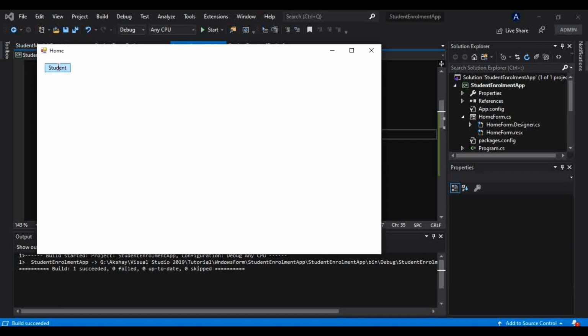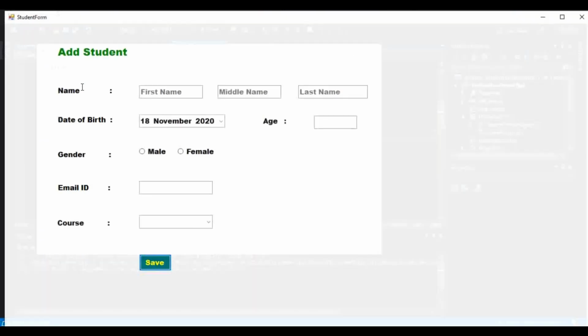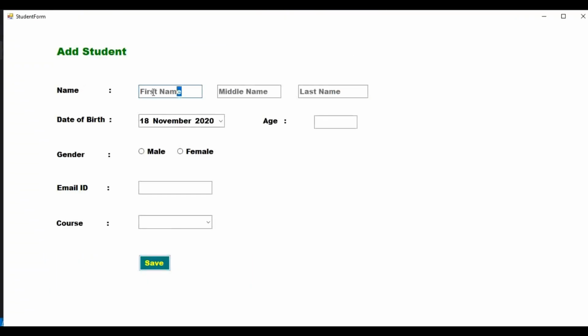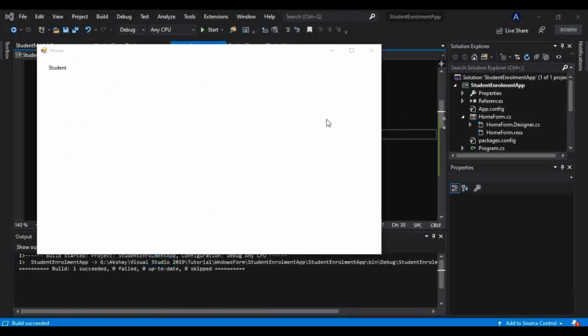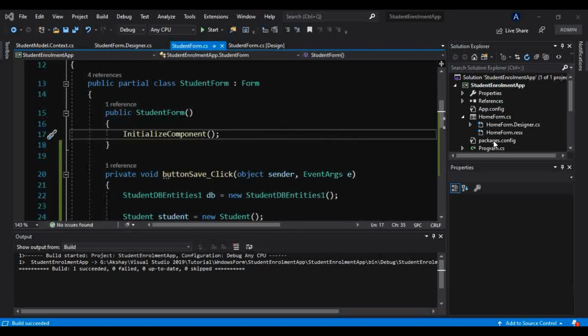Okay, so here it is, the menu Student. In that Add Student, I will add all the information here. Okay, so we can change these indexes as well. Right now, if I click Tab here, it is not going anywhere, so that is why we have to change the tab index number here. And how can we do that?